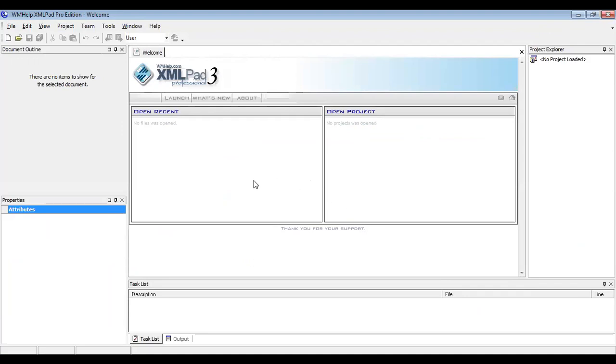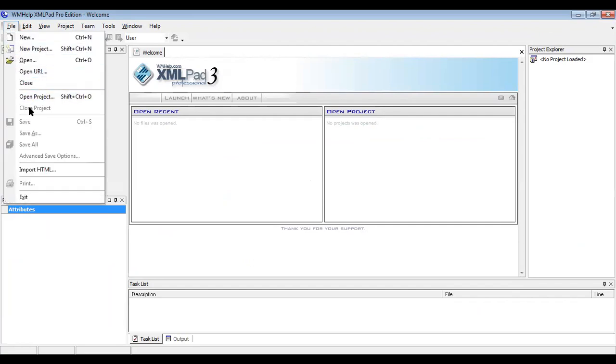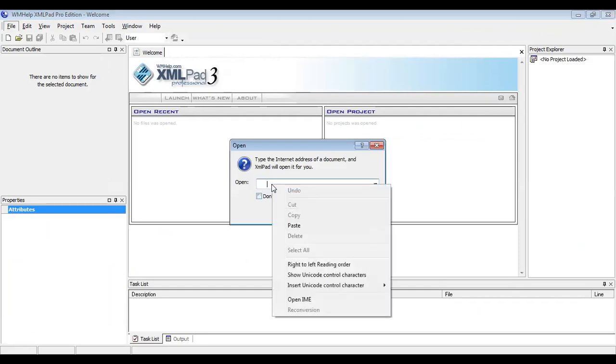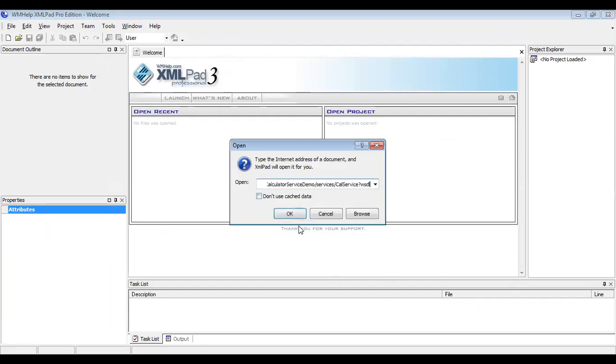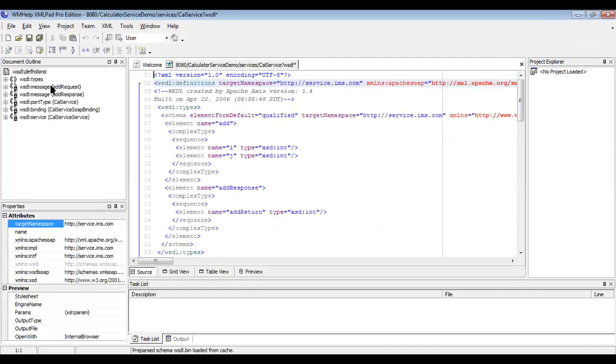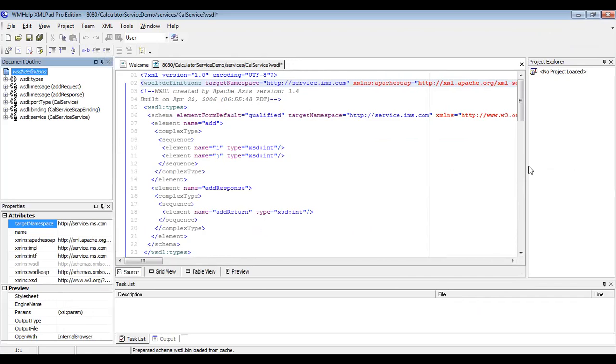So in XML Notepad, select File, then Open URL, and here you just paste the URL and click OK. So it will show you the XML editor. Here you are able to edit this XML file, a WSDL file, easily.